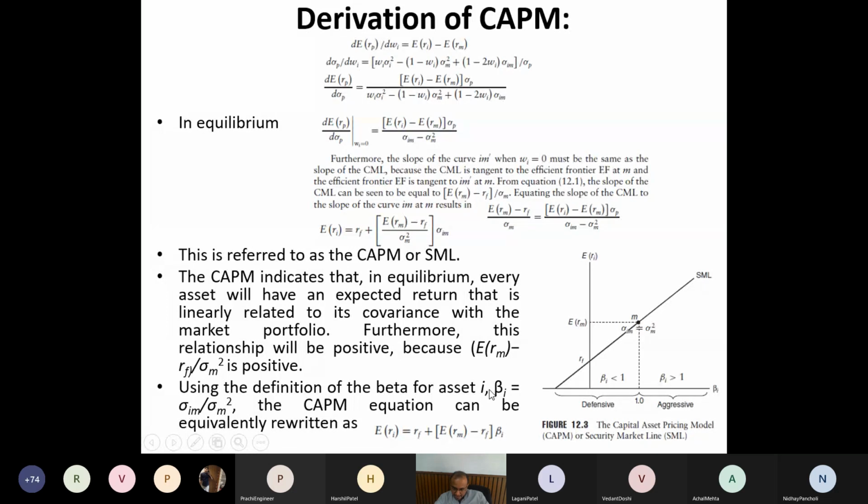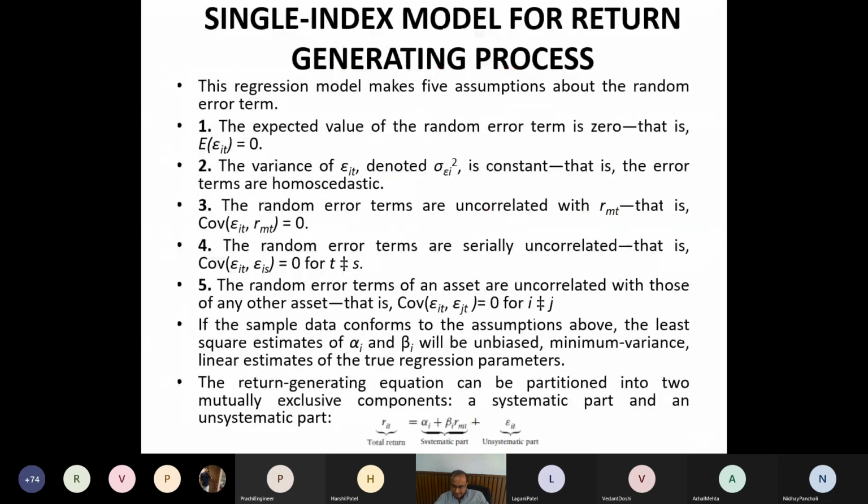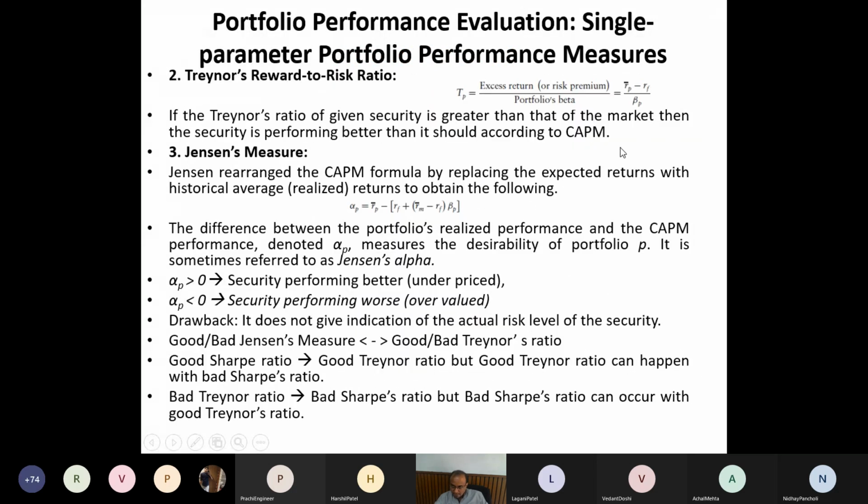It does not consider only sigma p, but it considers your relative risk. Remember this difference: it considers the relative risk, which means risk compared to the market. So this one considers the risk of the portfolio, but this one considers the beta parameter of the portfolio, taking into consideration the relative risk. Again, if this Treynor's ratio is higher, then the portfolio performance is better because the return is higher and the risk is lower, because beta is ultimately specifying the risk.